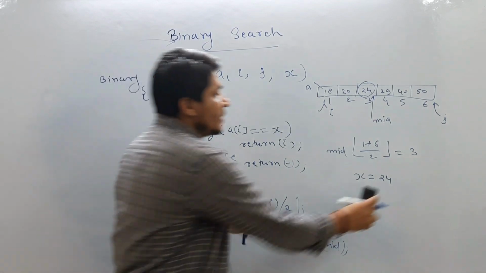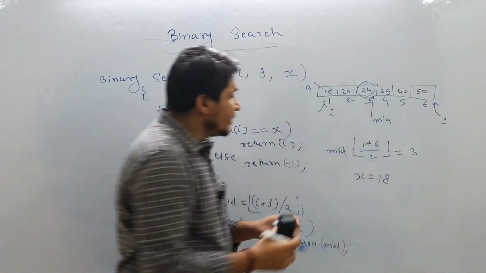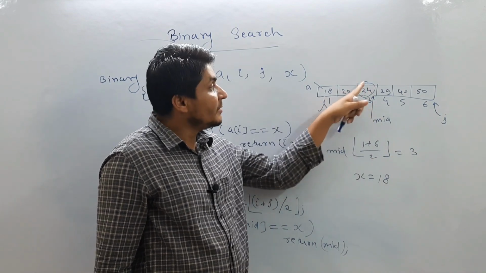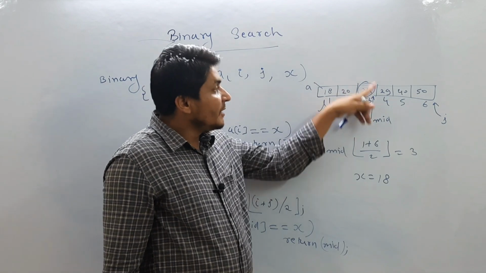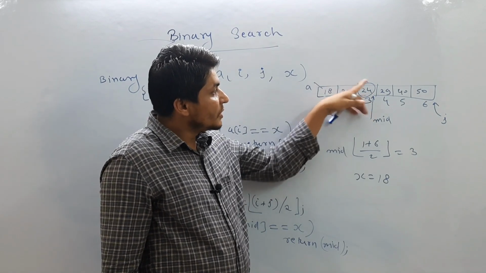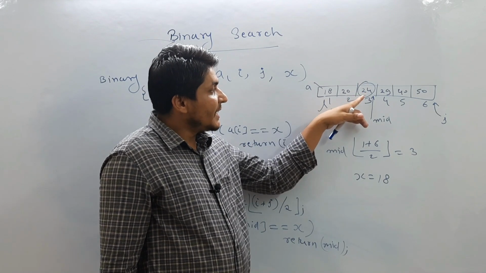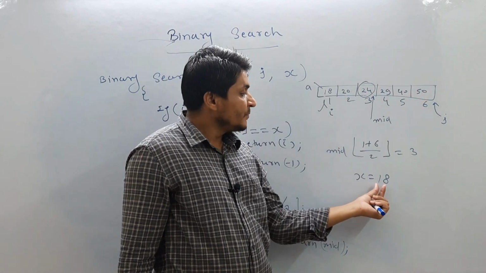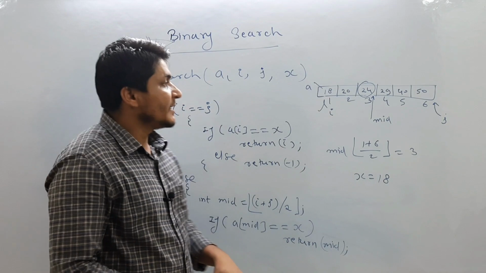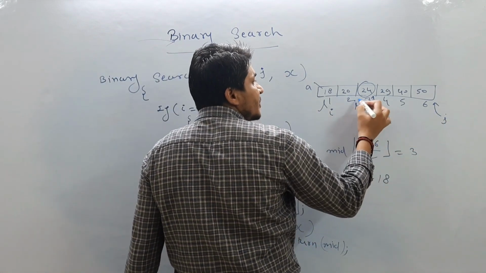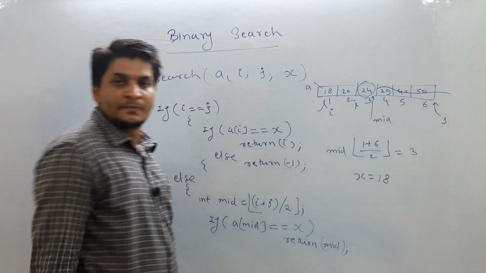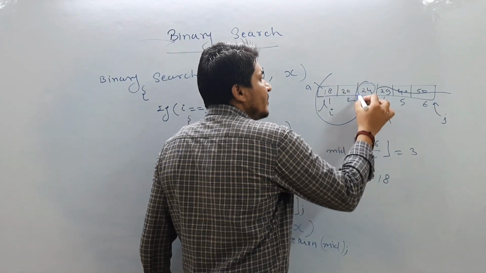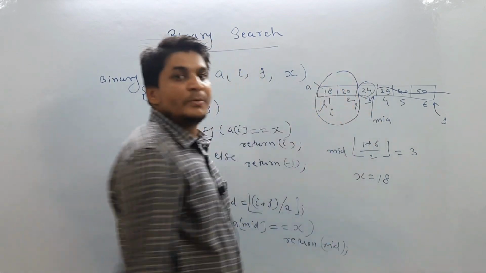Now let's suppose you are searching for 18. You have calculated mid, which is 3, and compared with the middle element. That is not your element. Then this middle element will say, don't stop your search. First decide whether you're looking for smaller than me or greater than me. You say, I am looking for smaller than you. Then it will say, bring this j to this particular location, meaning you're not concerned with these elements. Simply apply binary search on the elements available on the left hand side.